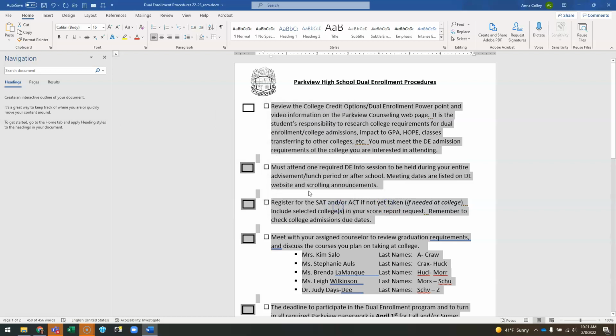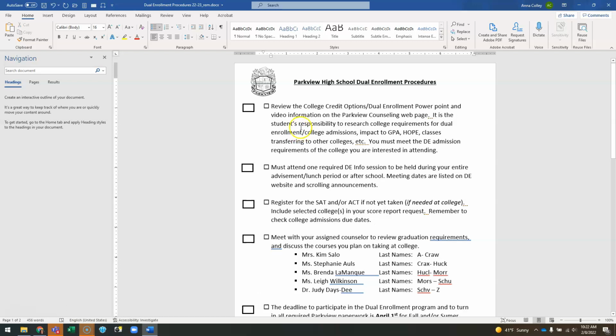So I noticed when I made this a bulleted list, it indented the text in. That's going to make this document longer than it was. So I want to keep it close to how they had it originally. So I want to fix that indent so that the whole checklist isn't indented on the page. I don't really want to change the indent on these items significantly. So what I'm going to do is